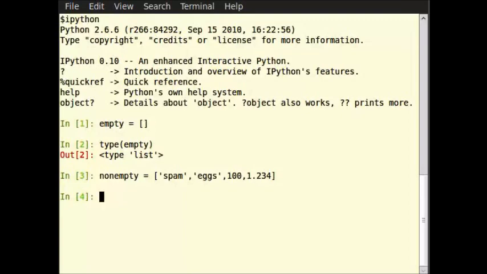In the previous example, spam and x are strings, whereas 100 and 1.234 are integer and float respectively. Thus, we can put elements of different data types in lists, including list itself. This property makes lists heterogeneous data structures. Let us include a list within a list. We can access an element